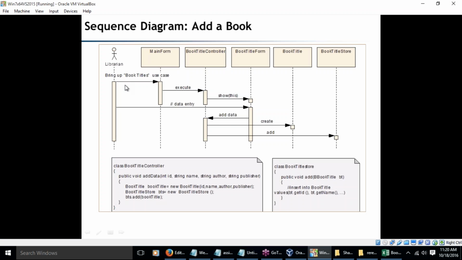Let me run. Okay, so first thing, the librarian will bring up the main software screen. The moment I call the book title use case saying I want to add a new book title, I'm going to call a function that brings up the controller, which is going to be the book title controller. The book title controller is going to then throw us a form by calling a show command on that form, saying this is the form or the boundary class through which